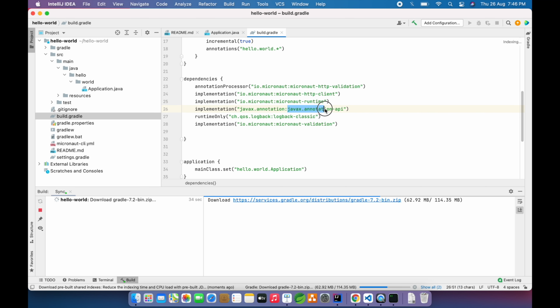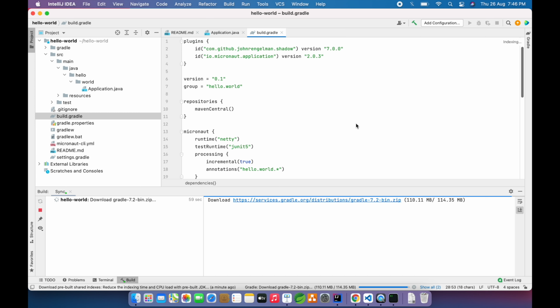This is javax.annotation-api. Basically, if we want to inject some dependency, then we have to use @Inject, right? So this is provided by the javax.annotation API. This is for logback, and this is the Micronaut validation API, like @NotNull, @Null. These kinds of validation annotations are provided by this API, right?